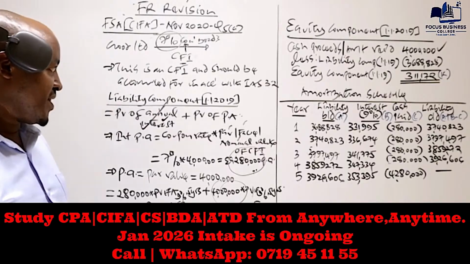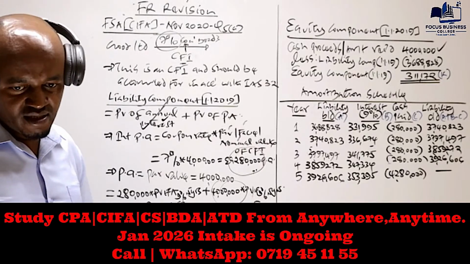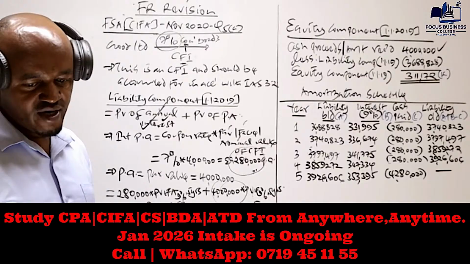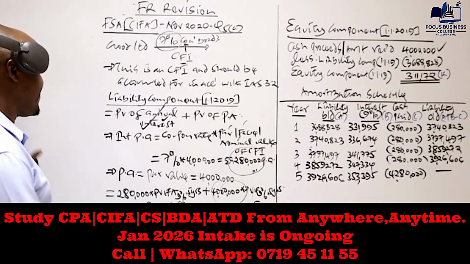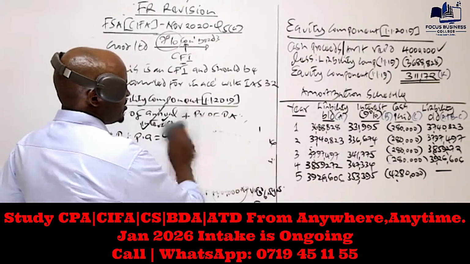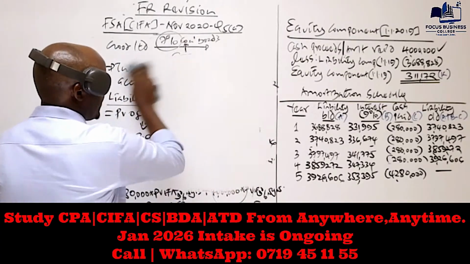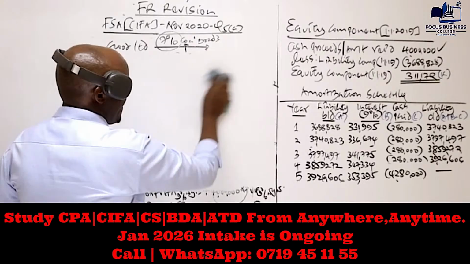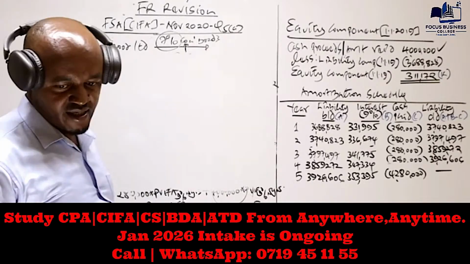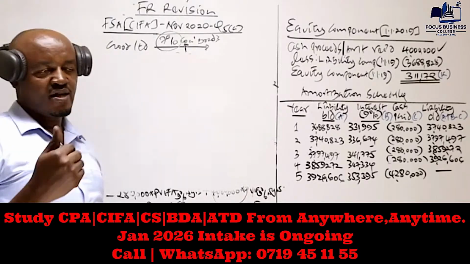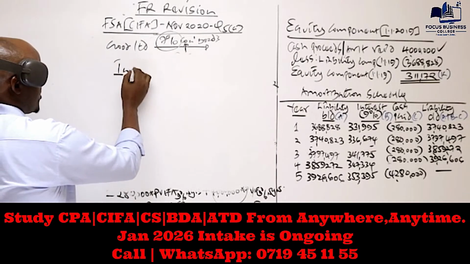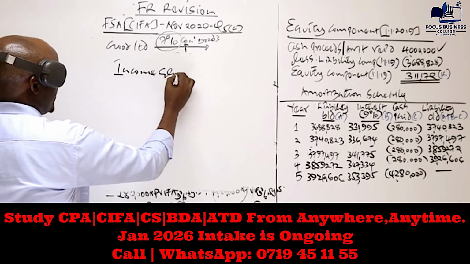Yes, so basically that is how we amortize that. Now, equally, in such a question, what the examiner requires you to do is prepare financial statements extracts. The financial statements extracts required here are, number 1, the income statement extract, where you show what was supposed to be recognized, and number 2, the statement of financial position extract. So let's start by preparing this